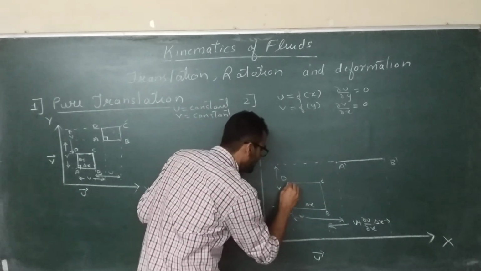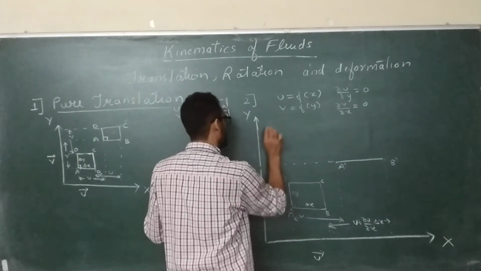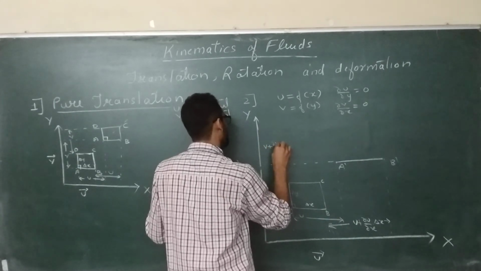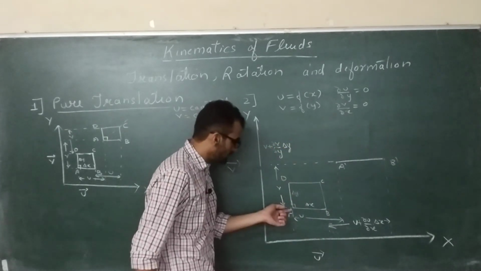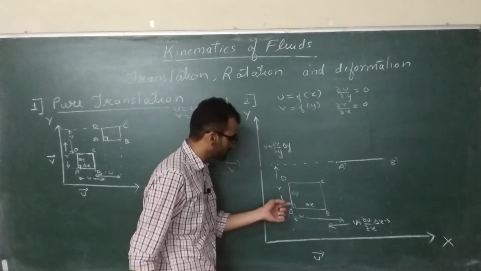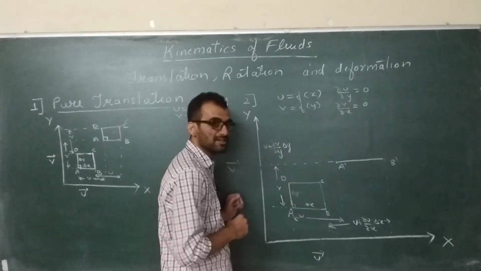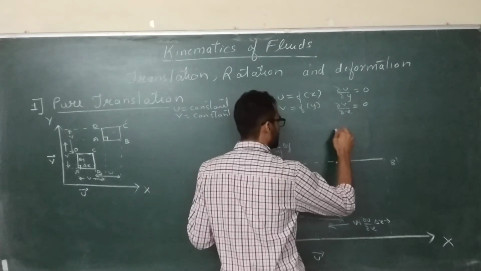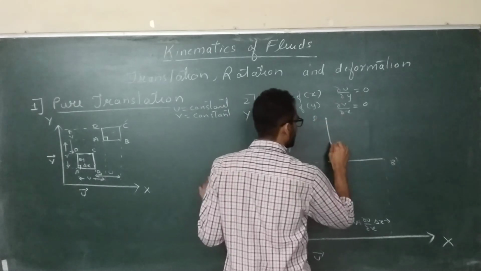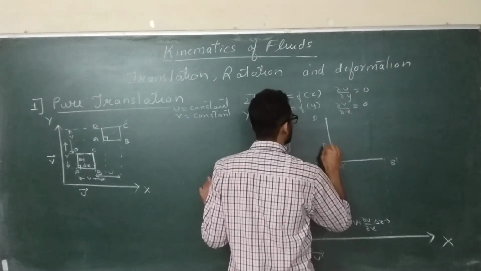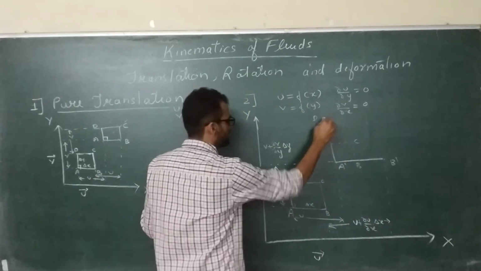Alright, so therefore D will have a velocity of v plus del v by del y into delta y. Why? Del v by del y is the rate of change of velocity with respect to the y coordinate, and over how much distance we have to find out, delta y. So multiply it by delta y. So this much distance D will travel. Originally this was D, this was the original. Now D has traveled.